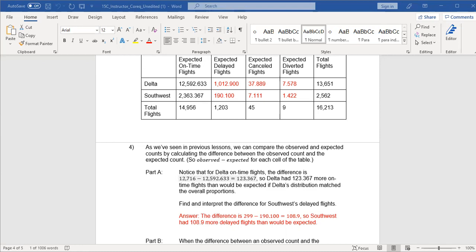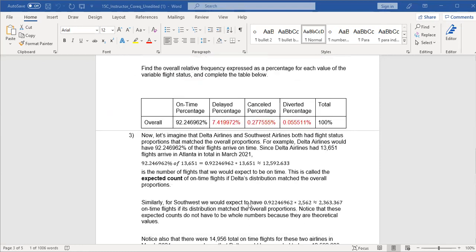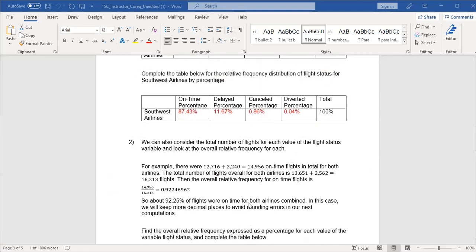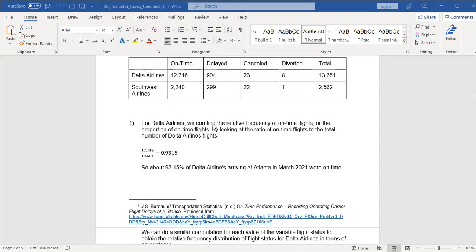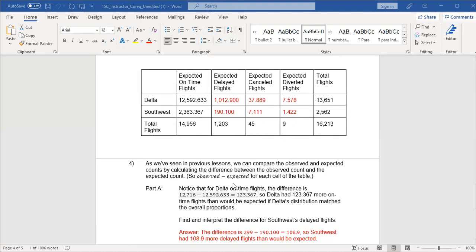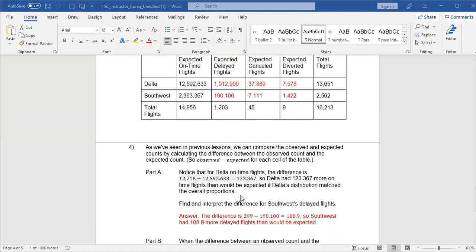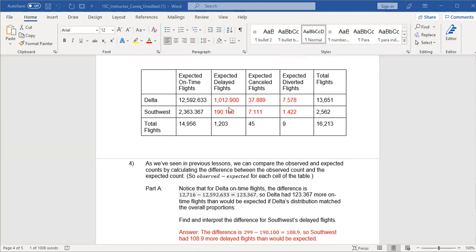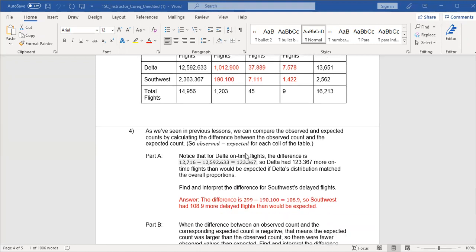If you forget, just go back to the table above and look for where Southwest is. That number is 299, and according to the expected table, for Southwest it is 190. So we subtract, and the difference is 108.9, meaning Southwest had 108.9 more delayed flights